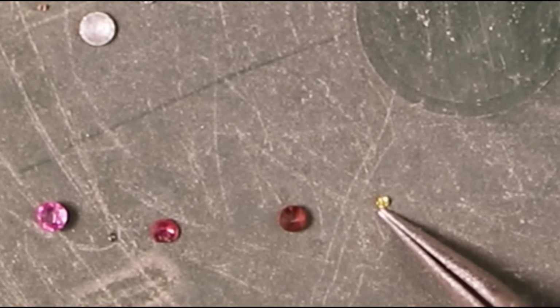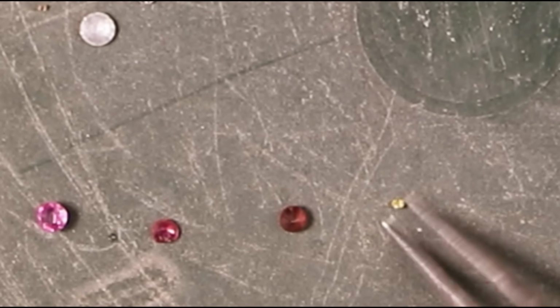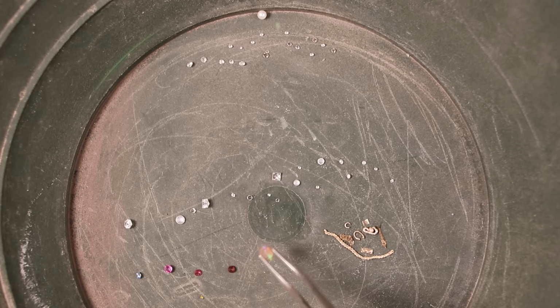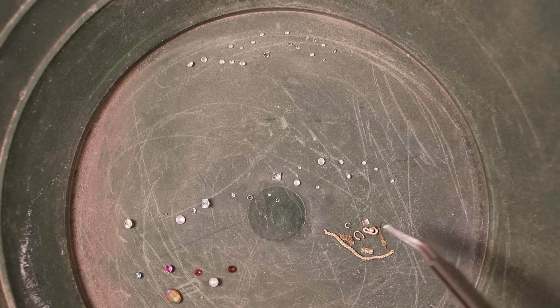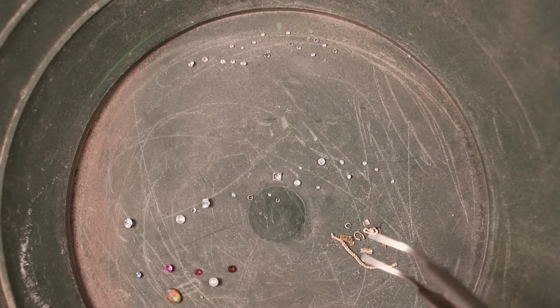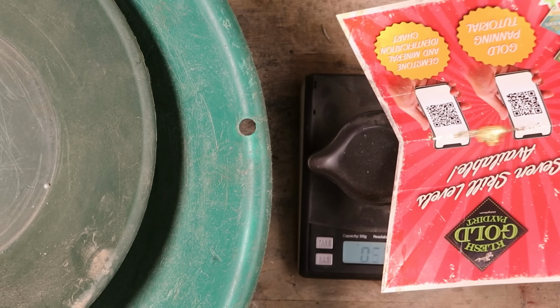This little tiny yellow one here, I'm not sure what that is. We'll have the jeweler look at this. He's going to look at this opal looking thing and also this pearl here. And also, I forgot to weigh up this gold right here, so let's go ahead and do that. Okay, our total gold weight,